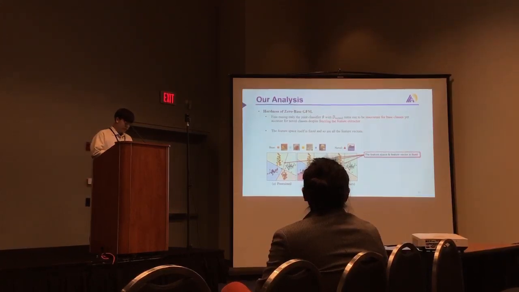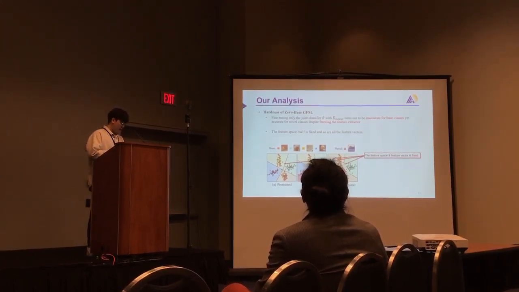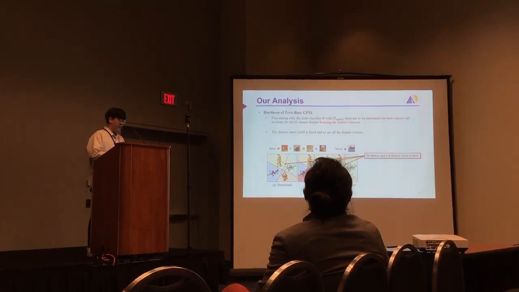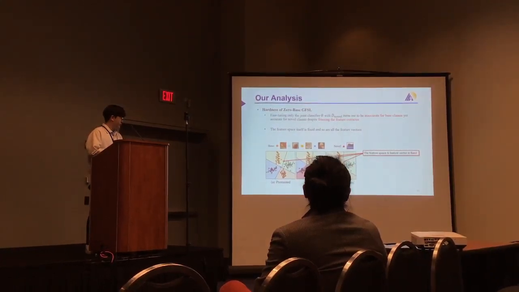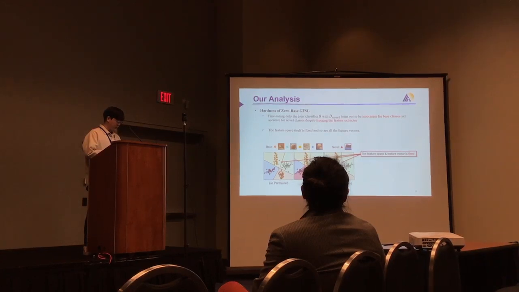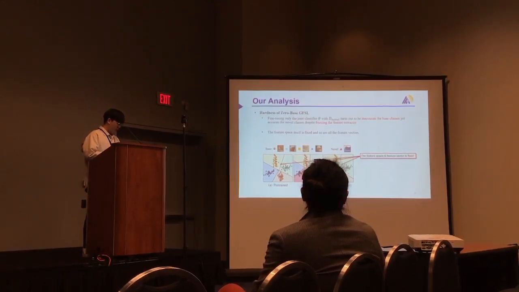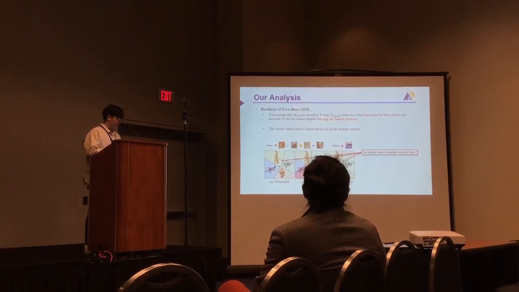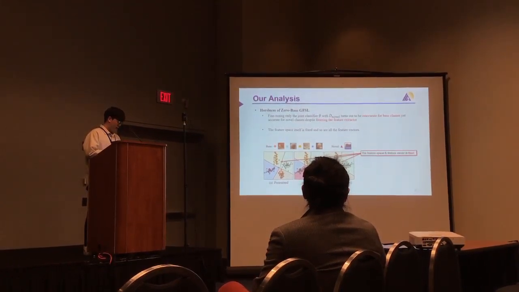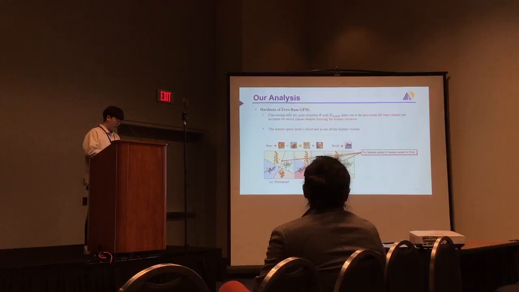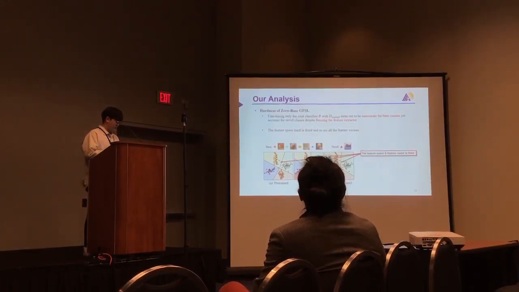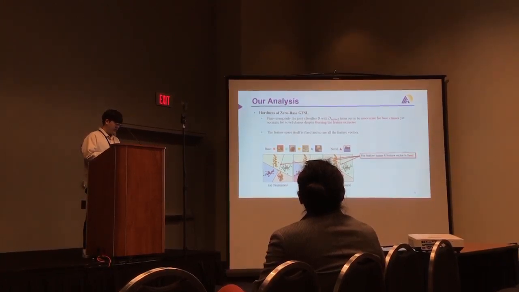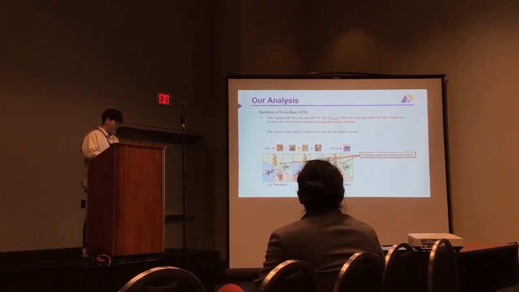So what is wrong with fine-tuning? We first analyze how hard the zero-base GFSL problem is. As I mentioned before, transfer learning is widely used in most GFSL methods. When we apply the transfer learning approach to zero-base GFSL, we follow the same strategy as previous work. We fine-tune only the joint classifier with the novel dataset. Even though we freeze the feature extractor, as you can see from the previous experiment result, the accuracy of base classes is really bad. We focus on the fact that the feature vector can change.